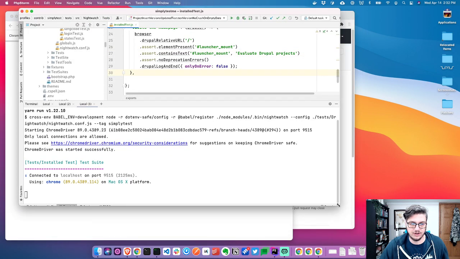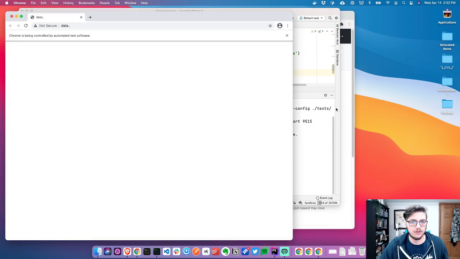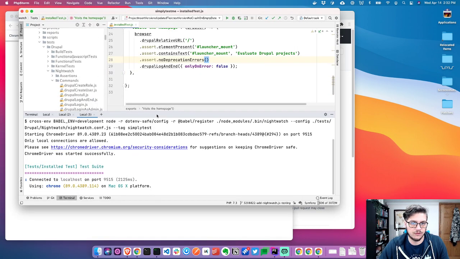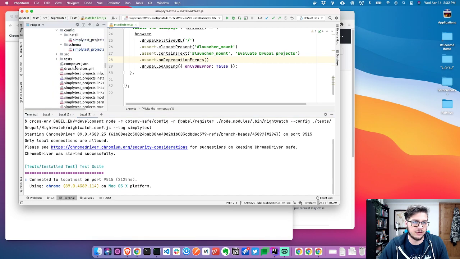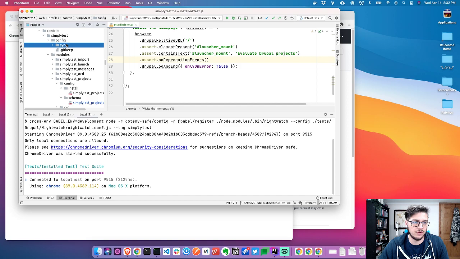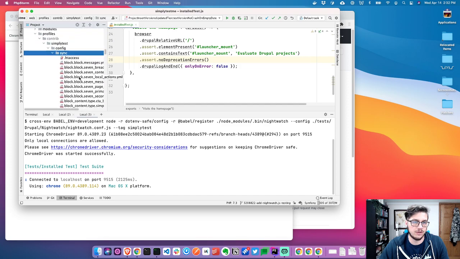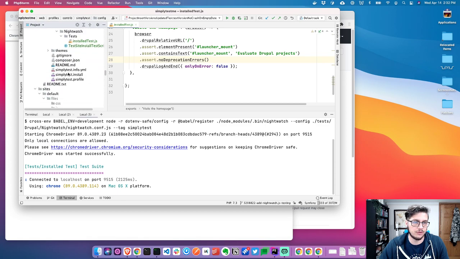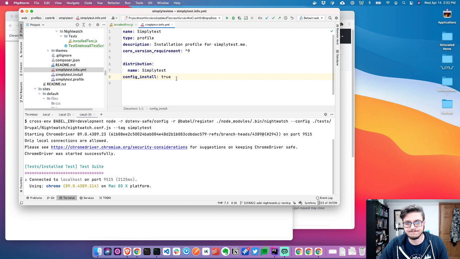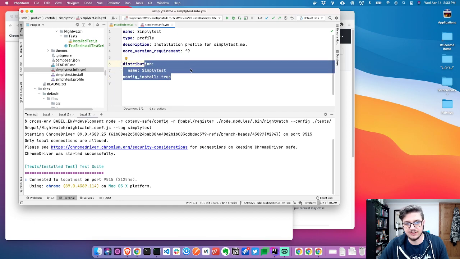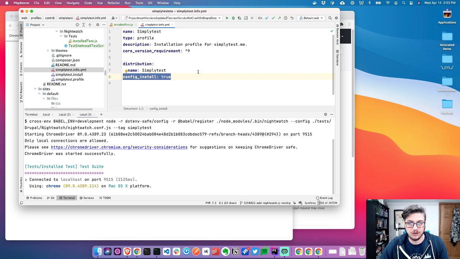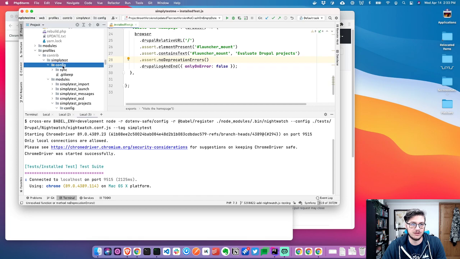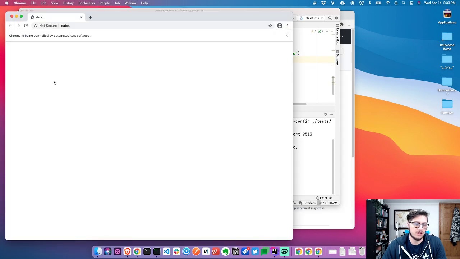So maybe it wasn't a fast install, it's just it hit that error faster. And what it's doing is it's importing all of our config. So if you look at the Simply Test profile, we now have config, sync, and this is all of the config that should be installed with the profile. And this was added in Drupal 8.6, let's say, where profile can specify config true. And if that's set, then the site will install with whatever config is inside config sync. And I'm beginning to think that that might be,